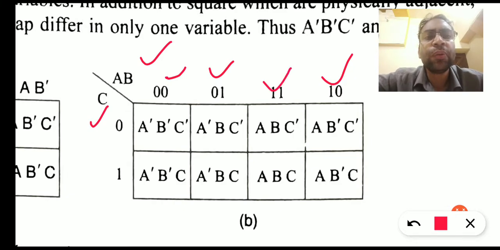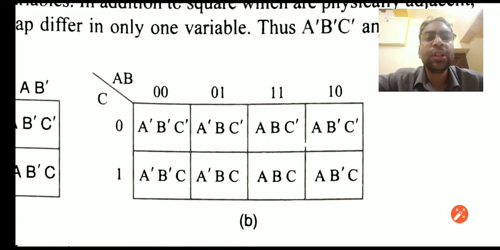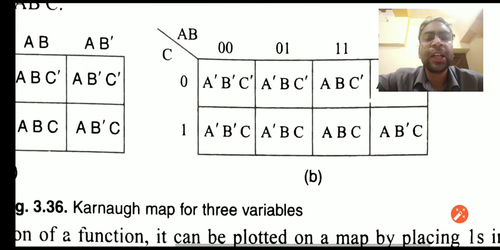So this is the sequence we used to go into the next thing. This is c bar and this is c. We can see the combinations: the first cell will have a bar, b bar and c bar. Into the second we have a bar, b and c bar. Similarly, into the third, a, b and c bar. So this way we can form our K-map, and using this K-map we can simplify our